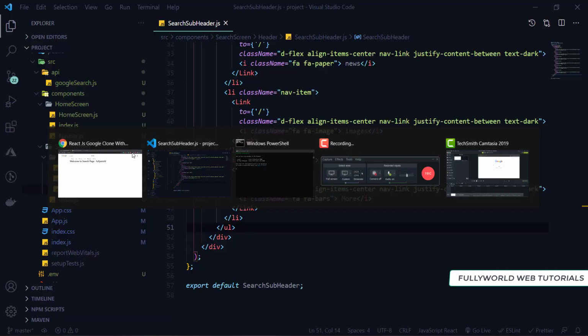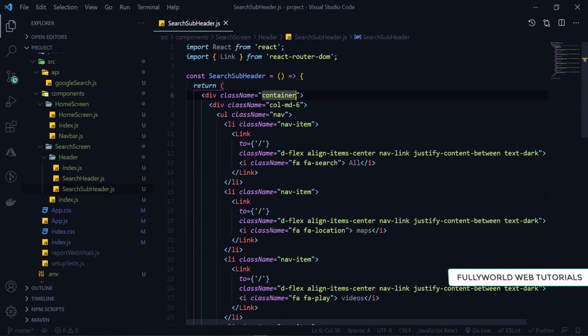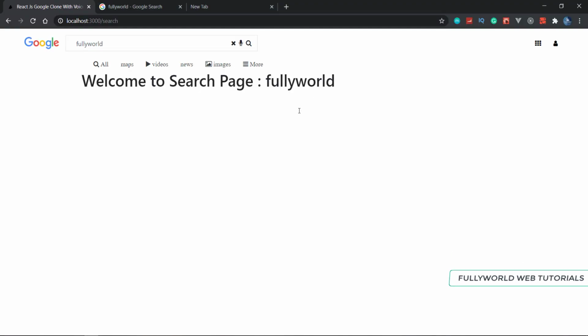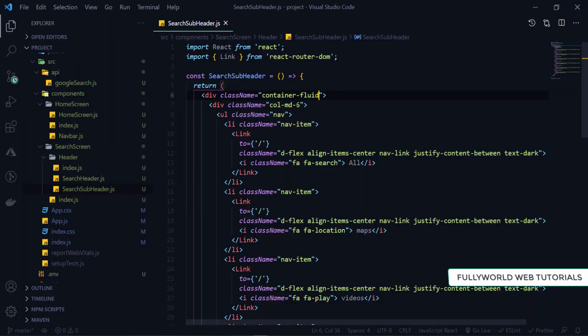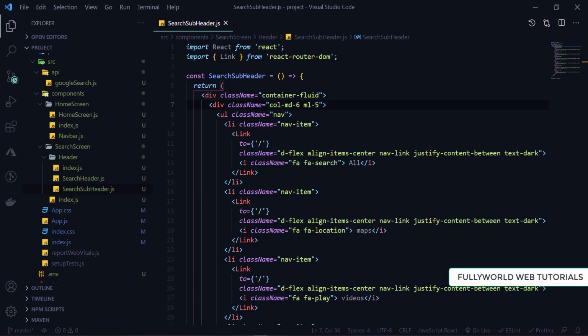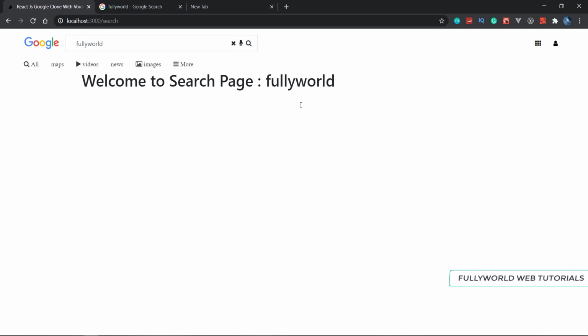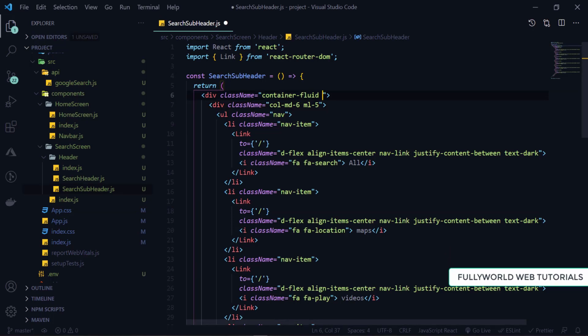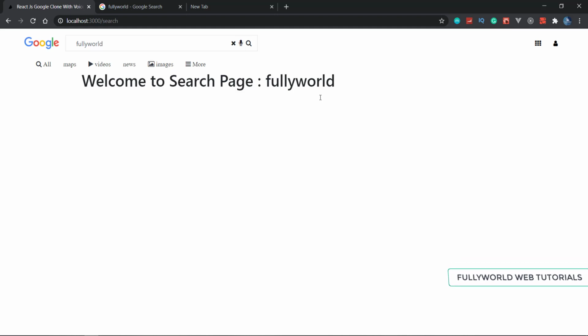Now this is our container here. So instead of container, I'm going to write container fluid. Save it, and now let's reload this. So container fluid is there. Now we can add margin left to 3. Margin left to 5 we can also set. So the margin left to 5 is there, and now I'm going to set padding X to 5 here. Padding X to 5, so it will bring this more.